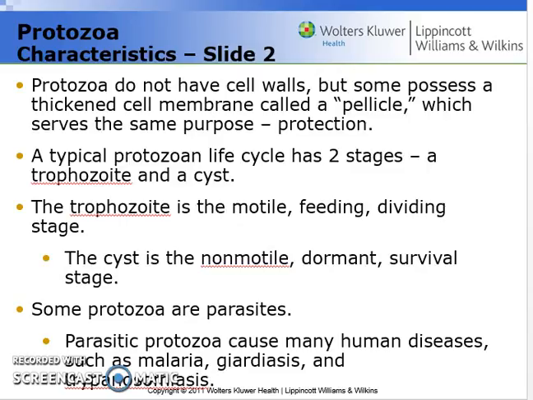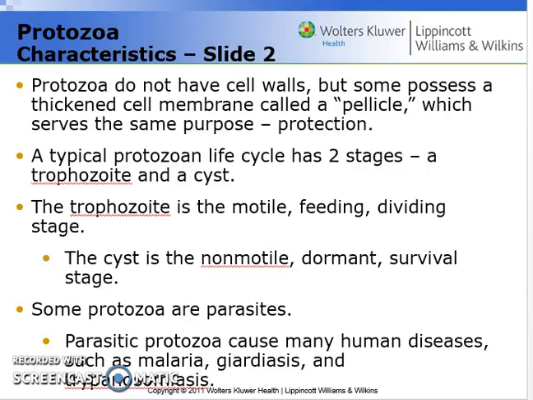In which the protist is going to lay dormant for a while until it retains enough nutrients or has the right conditions in order for it to not have to undergo this dormant stage of self-preservation. In the cyst stage, the protozoan is very much non-motile, so it's very sessile. Now, there are some protozoans out there that are considered to be parasitic. Remember, I did say one of the key attributes is the fact that they're free-living.